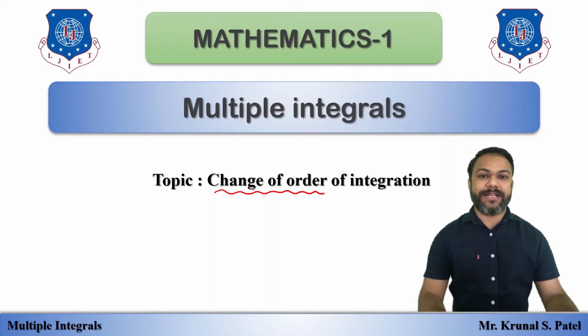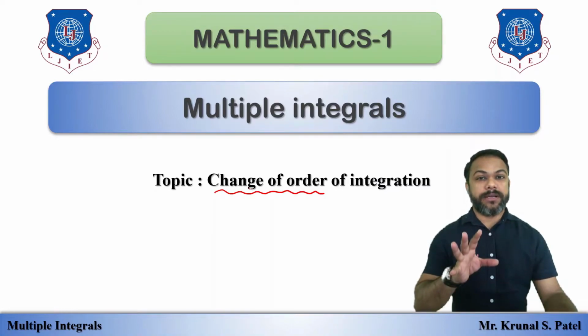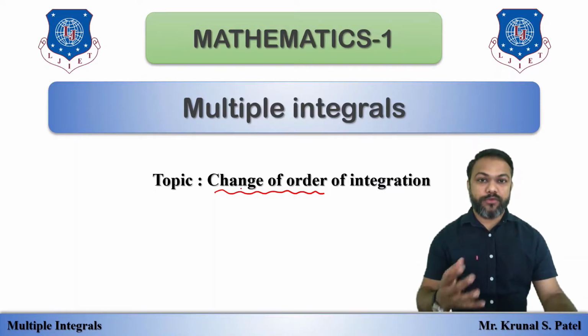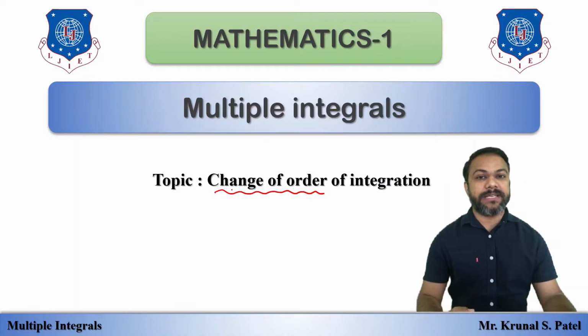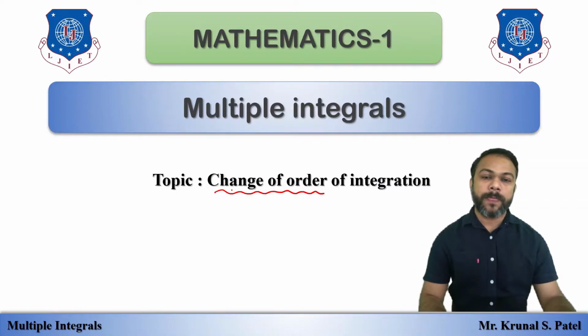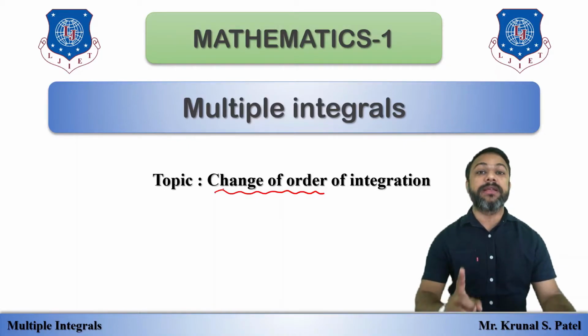Before starting this topic, I must say that we have to revisit the previous four lectures. In those lectures we studied double integration with given limits. In the second lecture we saw how to find the limits when some curves are given in Cartesian coordinates. In the third lecture we saw examples based on lecture number 2, and in lecture number 4 we saw the same concept, double integration, evaluation of limits and examples in polar coordinates.